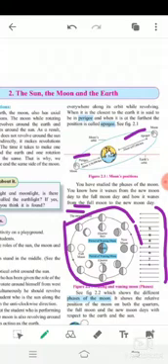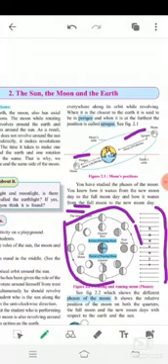Now new moon day. On the new moon day, the sun's light does not fall on the portion of the moon facing the earth, therefore the moon disk appears to be dark and invisible. On full moon day, the sun's light falls on the entire portion, and on new moon day, the sun's light does not fall on the portion of the moon. That's why the moon disk appears to be dark and invisible.